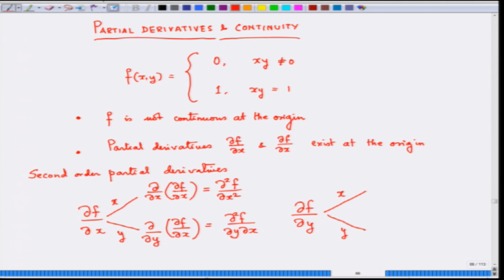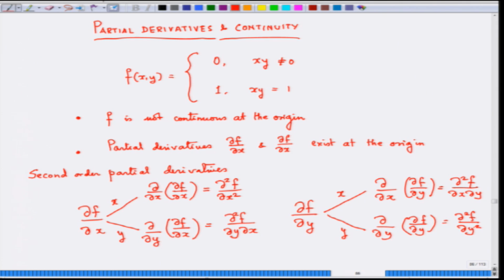So, you have here del x, because our first derivative is taking a derivative with respect to x, of del f del y, which we symbolize and pronounce as del 2 f del x del y, and this one is del y of del f del y, that we symbolize as del 2 f del y